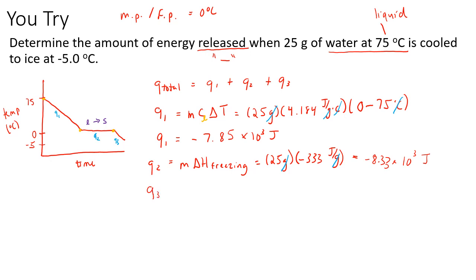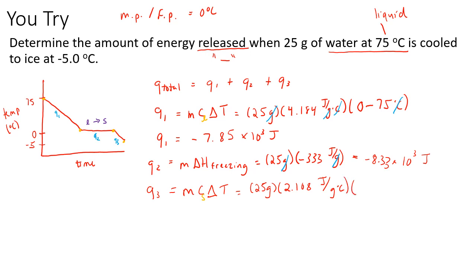Q3 is the energy that's associated with cooling down our solid ice from 0 degrees Celsius to -5 degrees Celsius. So we have a temperature change. We're on a diagonal line, we will use MC delta T. We have to use the specific heat for solid water at this point. Our mass is 25 grams. Our C for solid water will be 2.108 joules per gram degrees Celsius,